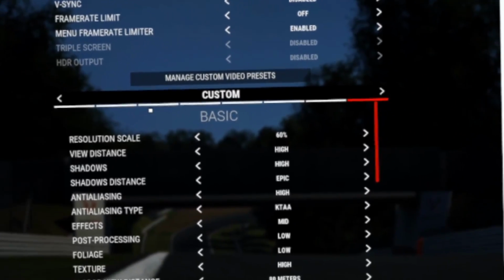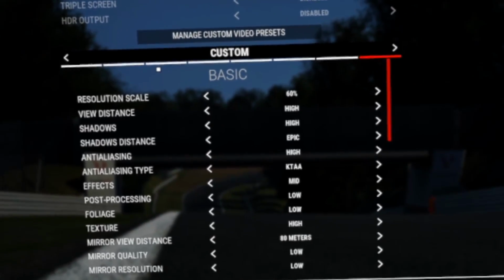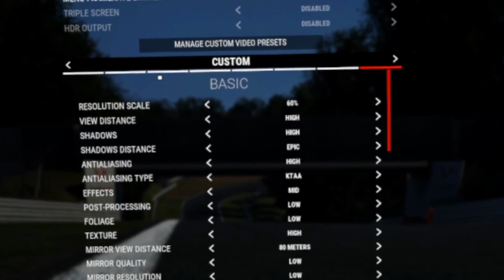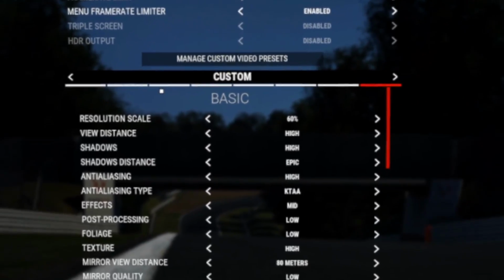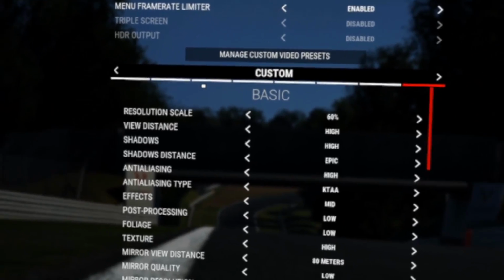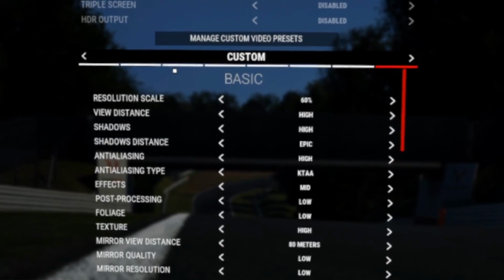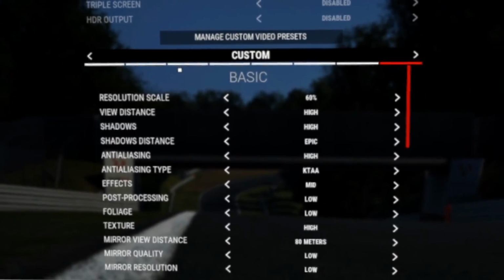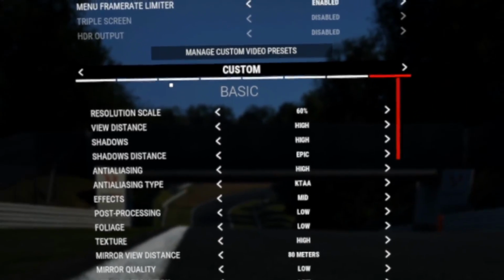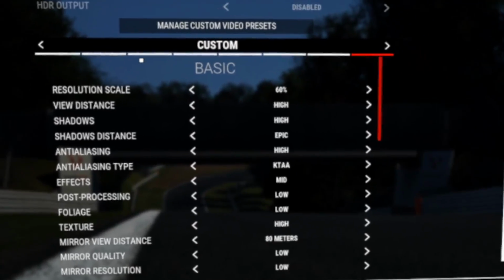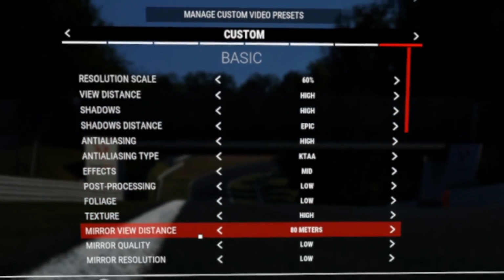But if you want a true, for me, I'm using the Oculus Quest, you get 72 frames per second. I need to really crank the resolution scale down. I had good luck at around 70% resolution scale, but I also tried going down to 60 just to see how much it impacted the graphics, and honestly I don't think it's impacted the graphics that much for me, and it does seem to help with performance. So experiment with that in the 60 to 70% range, I think, for resolution scale, and you'll really pick up some performance that will let you turn things like these other settings up a bit,